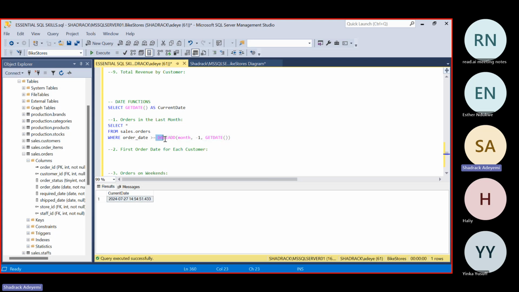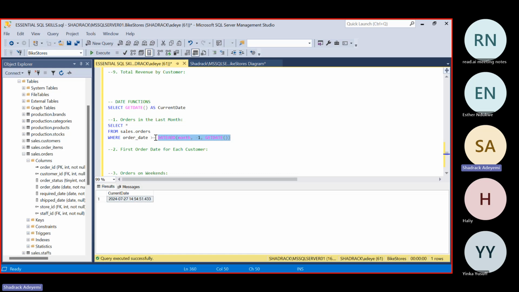Now, this DATEADD function, remember I said it would always return a manipulated date that you want. So the DATEADD function is saying, give me last month's date. But then again, we have a WHERE clause that is telling us to check the order date and make sure that it is greater than or equal to last month's date.